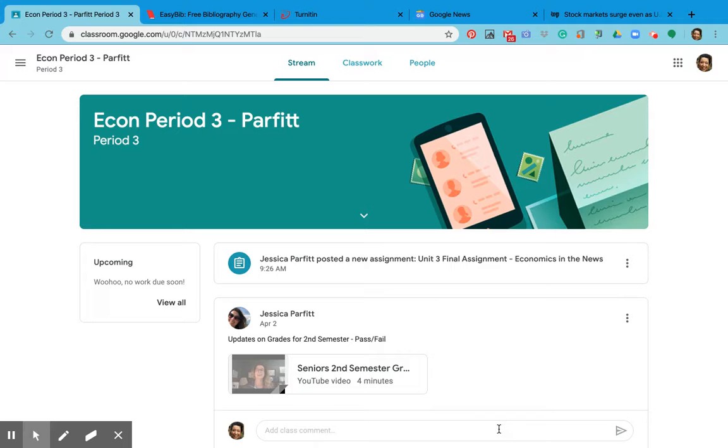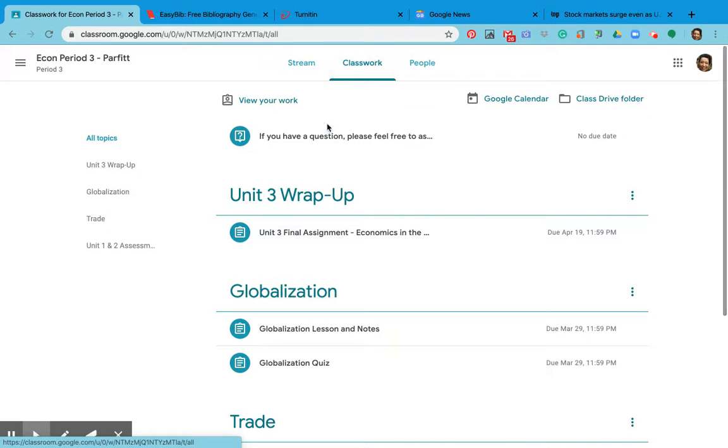It means that next week I will not be posting any assignments. So next week would be a great time, if you have not been keeping up with some things, to get stuff out of the way and done, or if you want to help pick up your grade, feel free to get your past assignments turned in from Unit 1 and Unit 2. So for this week, the only assignment you have is your Unit 3 wrap-up.